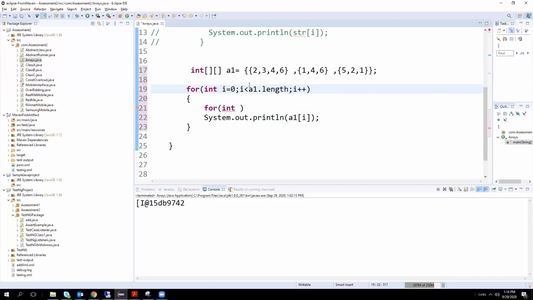If it is a keyword, definitely it will be represented in this color only. Yes, exactly, blue color, keyword.